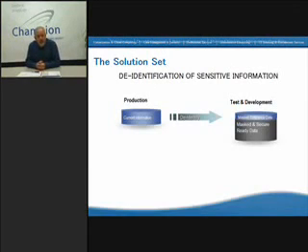So now let's focus for a moment going forward on our third set, which is our de-identification set. We spoke earlier about the sensitive data. We spoke about the testing environments. Well, now let's focus on when we take this information from production and we create our testing and development right-sized environments. Let's use some de-identification tools and methodologies to take that information and when creating our test and development,